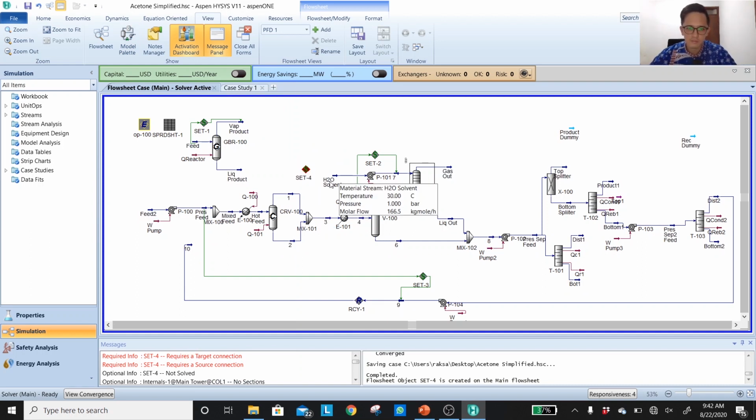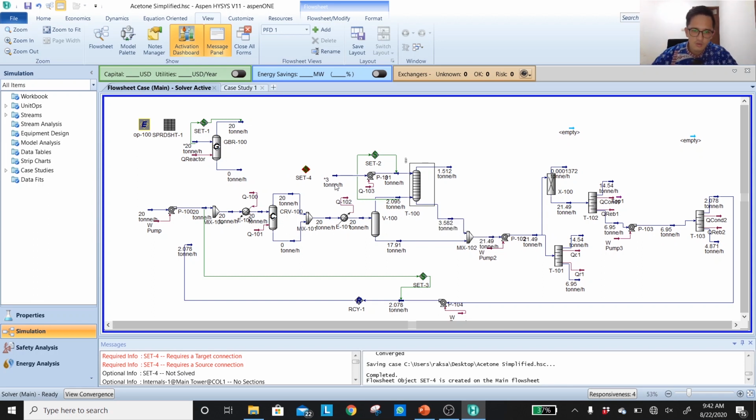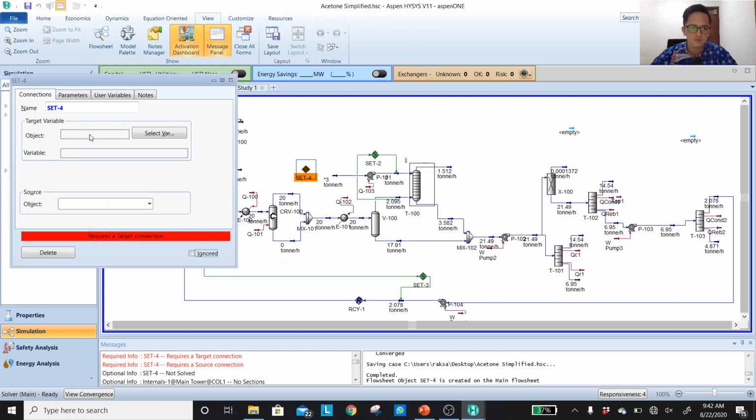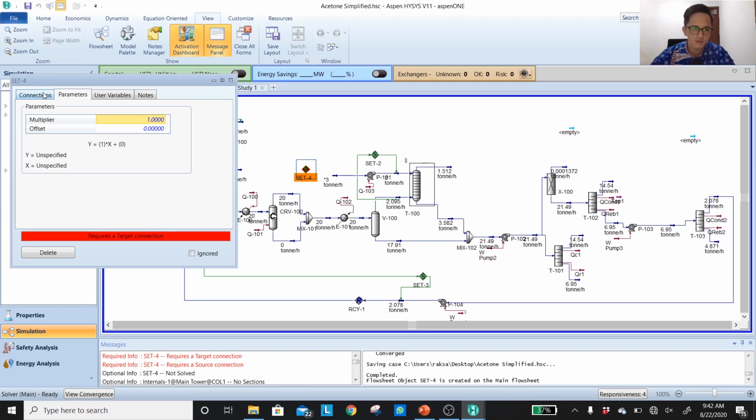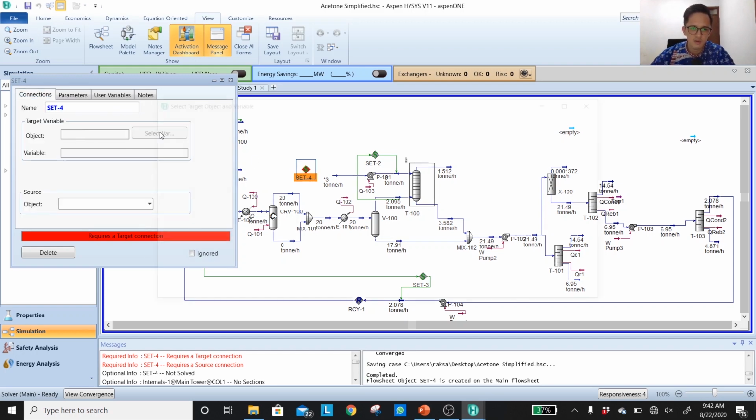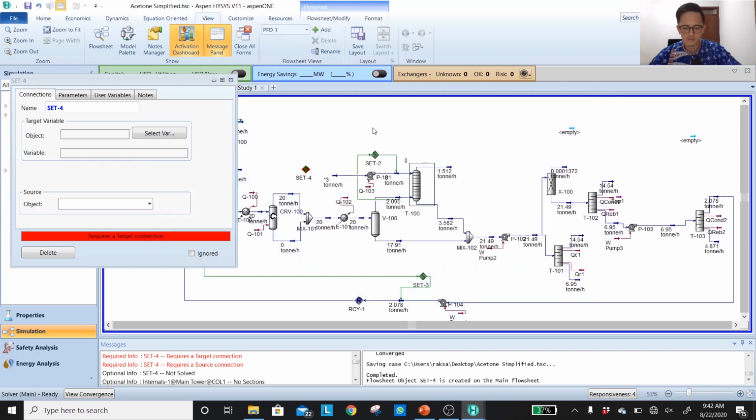Let's say now my water solvent will be fixed with the amount of, let's say, in stream 4 or stream 5. I guess stream 5 will be a good thing. So the ratio now would be around 1.5. Okay, 3 per 2. So the multiplier, the target variable, would be our flow rate of the water solvent.